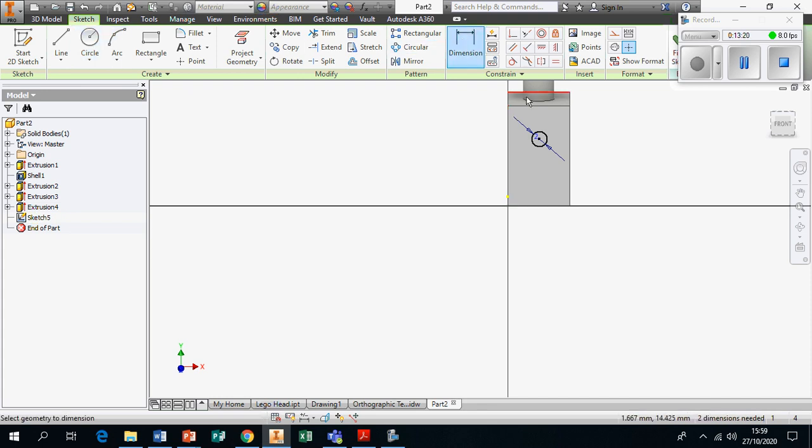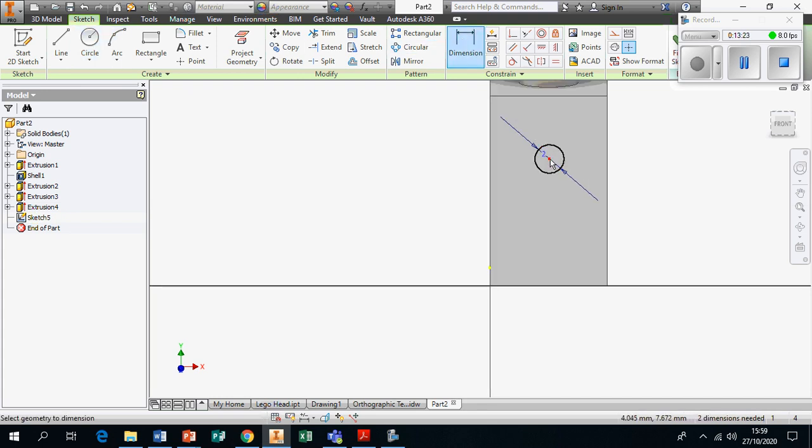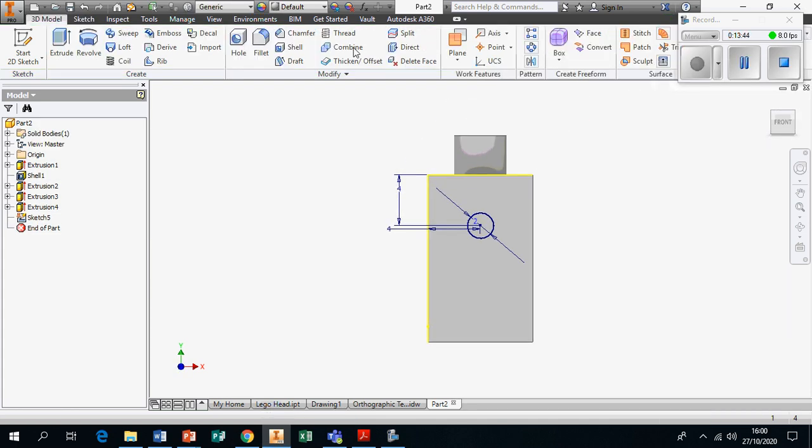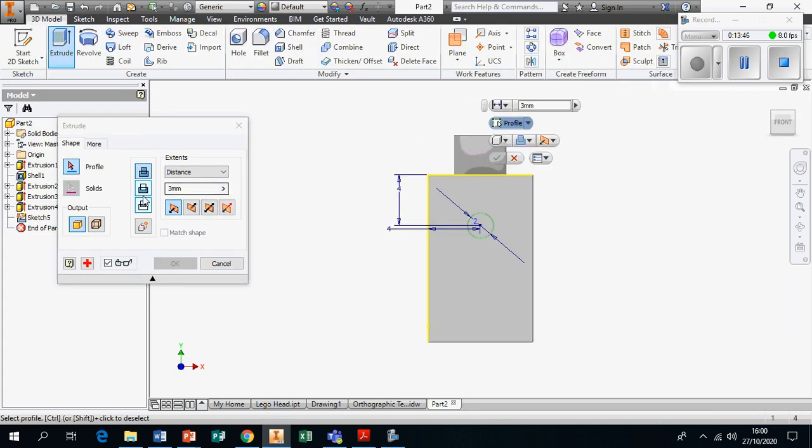And it was to be dimensioned from the dot in the centre to the outer edge, it was to be 4. And from the top to the dot in the centre, it was also to be 4. Once we're happy with that, 4 to the top to the dot, 4 from the edge to the dot, and 2 is the diameter. Once we're happy, we can click on Finish Sketch, and we can extrude, make sure it's